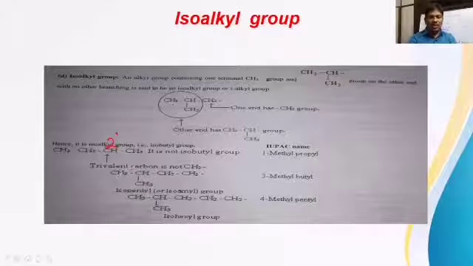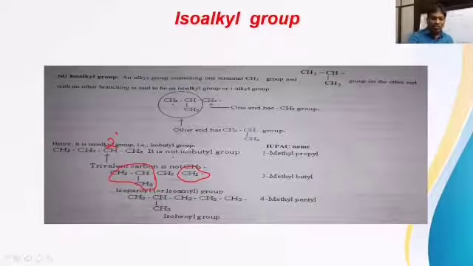Okay. Next, here CH3, CH3, CH2, CH2. So here one condition is fulfilled. Check it here. The CH2 bond is present on one side, and the other end, if you check, also has the isopropyl group. So the isopropyl group is at one end, the CH2 bond is at one end, and there is no other branching here, other than isopropyl and CH2. In this condition, it can be called an isoalkyl group. We can say this one as isoalkyl.